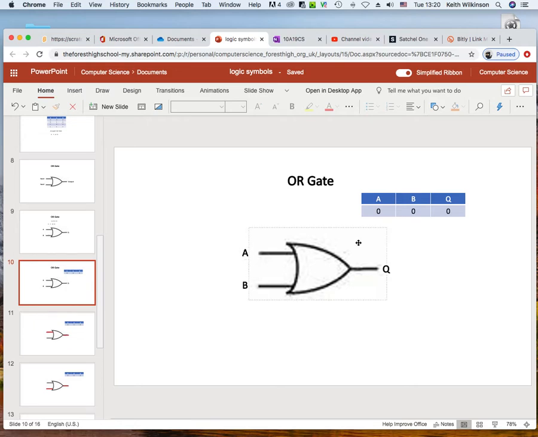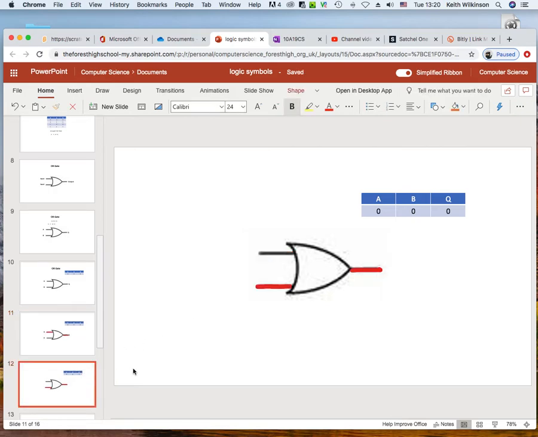So here, A was 0, B is 0, there's no voltage on those, and so the output is also 0. So let's move on to this one. So A is 1. Oh, just seeing where I could have done a bit better. Let's go and get these. There we go. Better, better,